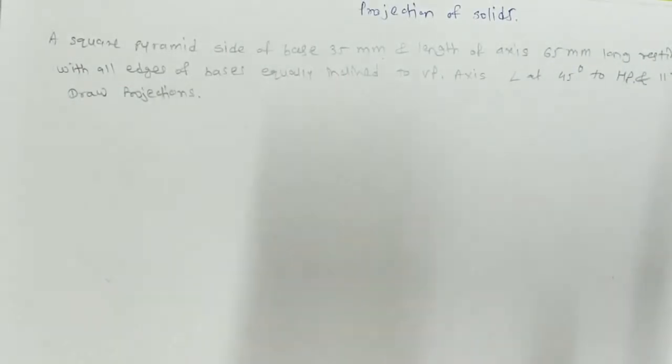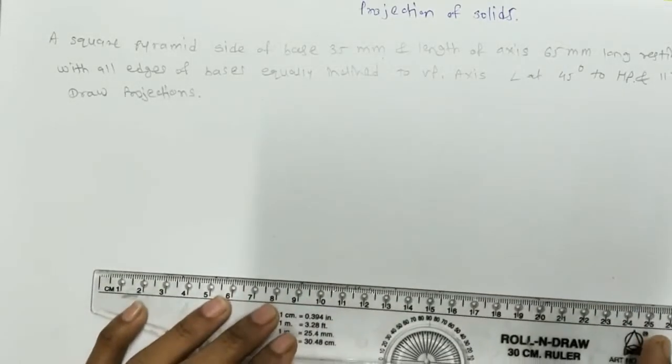In this video, we will see the second chapter of engineering drawing, and the name of the chapter is projection of solids. So we will take the first example: a square pyramid, side of base 35 mm and length of axis is 65 mm, lying on HP with all edges of base equally inclined to VP. Its axis is inclined at 45 degrees to HP and parallel to VP. Draw the projections. So first of all, we will draw a horizontal line